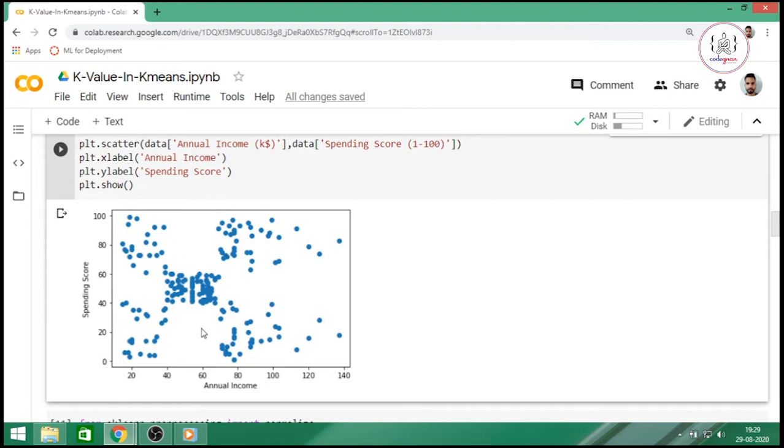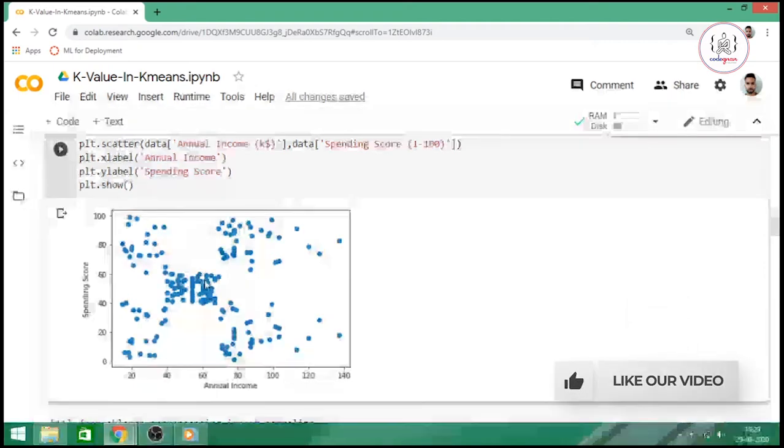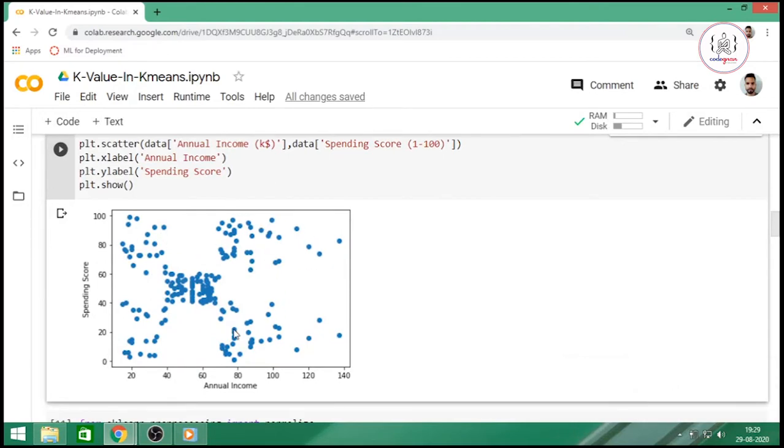You can think of two clusters here: this could be cluster 1 and these data points could be cluster 2. You can also think of it this way, with this as your cluster 1 and this as your cluster 2. Or you can think of 5 different clusters: this is the first cluster, this is your second, this is your third, this is your fourth and this is your fifth. So we can think of many clusters here.